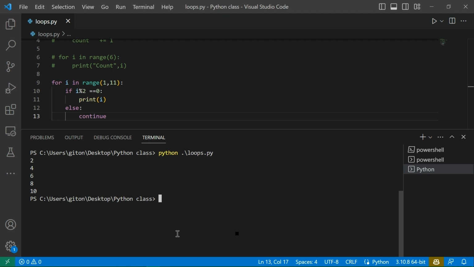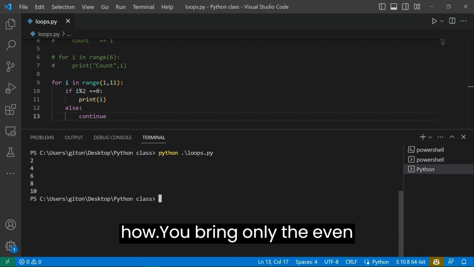The else says continue until it gets to 10. So 11 is the end of it. So 10. So that is how you print only